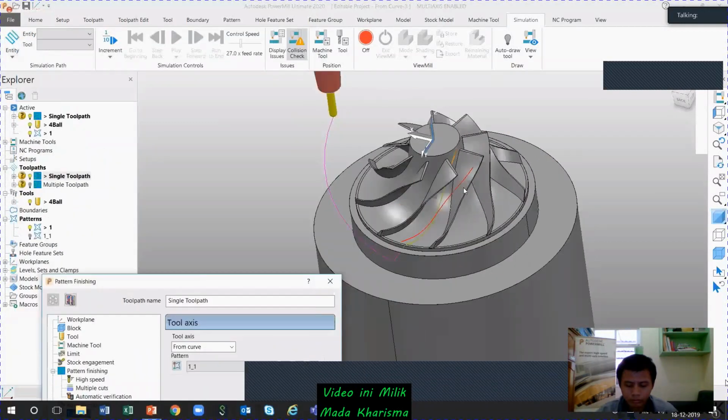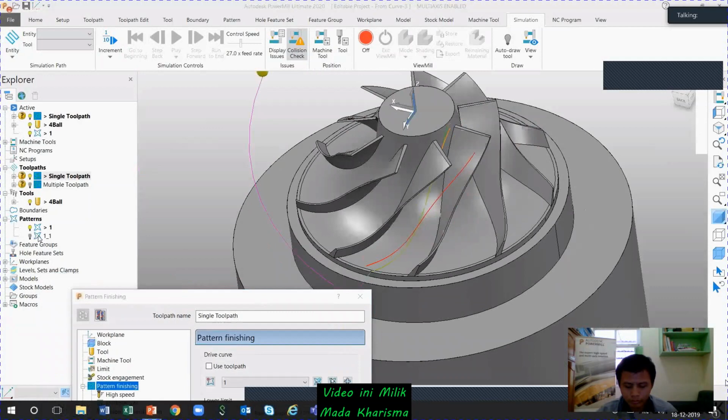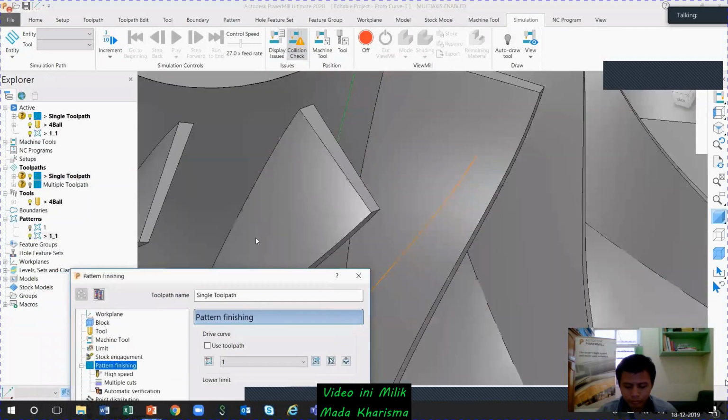It is highlighted as orange. On the tool axis page and the pattern finishing page, I had selected 1 as my pattern. Okay, there are 2 patterns here. One is for my pattern finishing. The other one is for tool axis definition. Okay, so very clear here. So if you see from curve, I selected 1 as the tool axis definition.